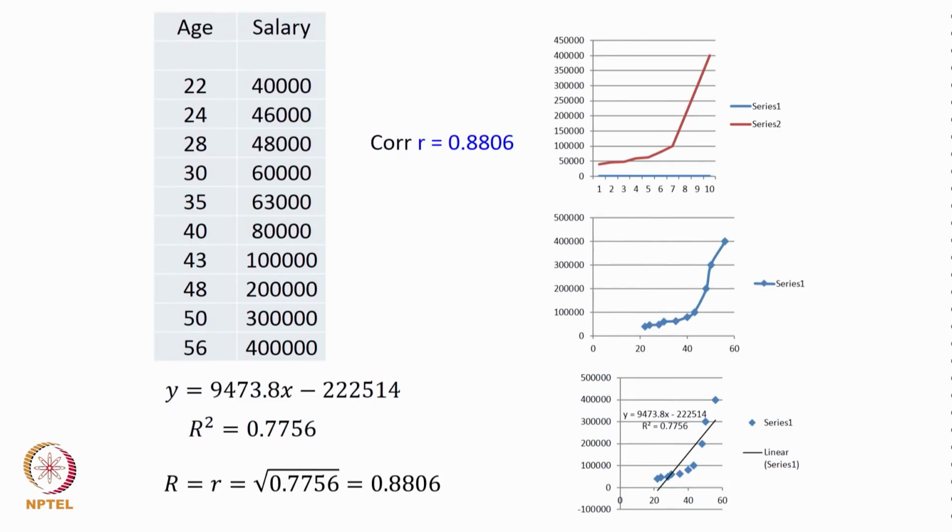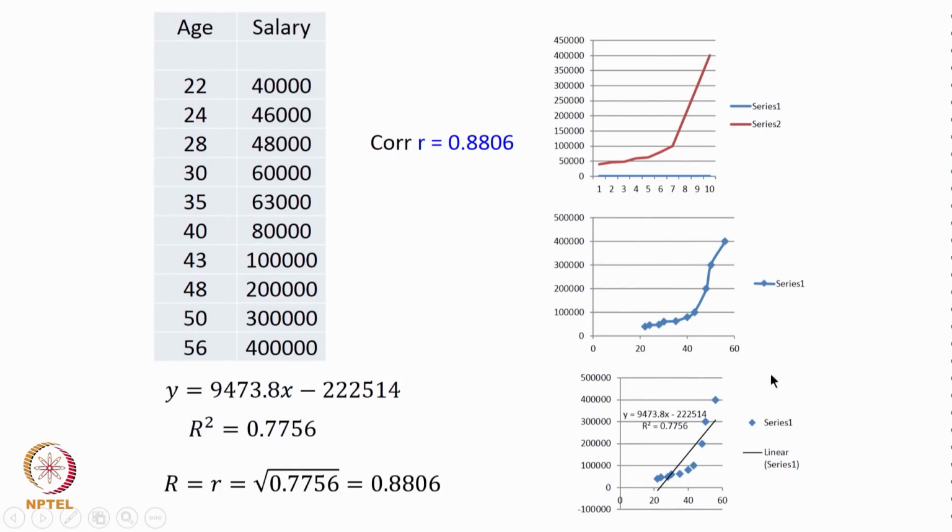So, here we look at the age that is given here and the salaries are also given here. Another set of data. We did a correlation and we get correlation equal to 0.8806. If we fit a line, which is shown here, this line, as I mentioned in an earlier lecture, has something called R square, which is the goodness of fit, which is 0.7756. We also realize that this R square is actually the square of the correlation coefficient of 0.8806. So, 0.8806 squared becomes